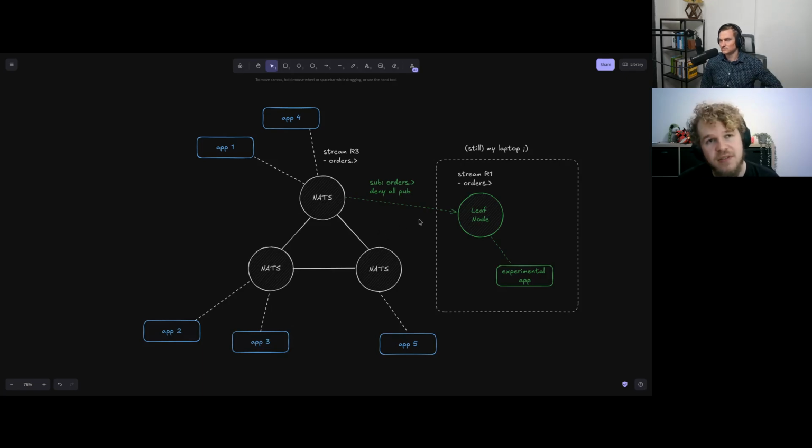So that can be a downside if you really want to test for the reliability, but then you probably want to use source or mirror, or you want to connect to the cluster directly. But the nice thing about it not being a source or mirror is that if the leaf node stopped for an hour or a day, or maybe you spin up the leaf node for testing during the weekdays and during the weekend you shut it off, once it starts up again, because it's just core NATS, fire and forget, it's not going to flush the cluster in terms of now I need to do 2 days of catch up.